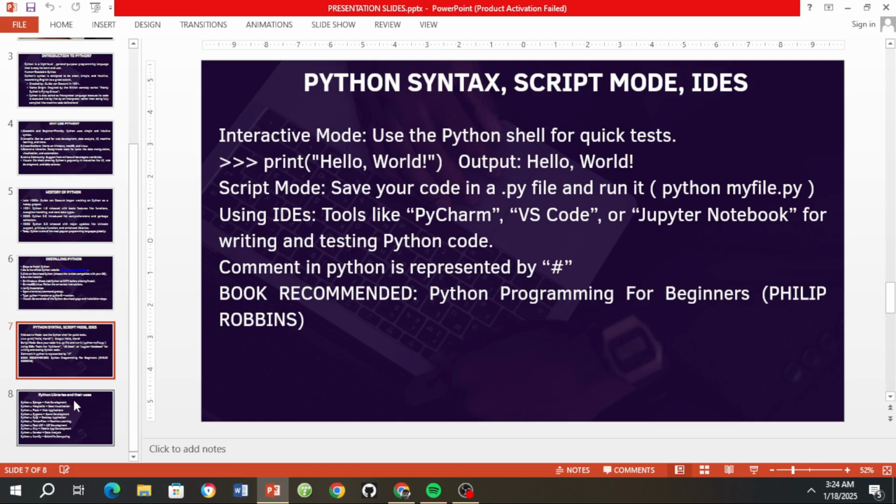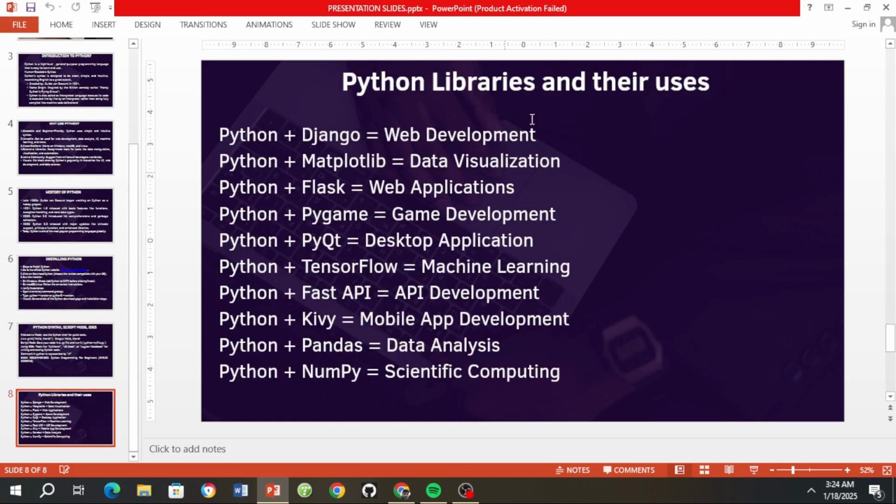So in the last part, Python libraries and their use. Some of these are frameworks and some of them are modules. If you use Python plus Django, you will get web development, and Python plus Matplotlib, you will get data visualization. So Python plus these, you will get a web application. These are the frameworks and modules of Python you can use